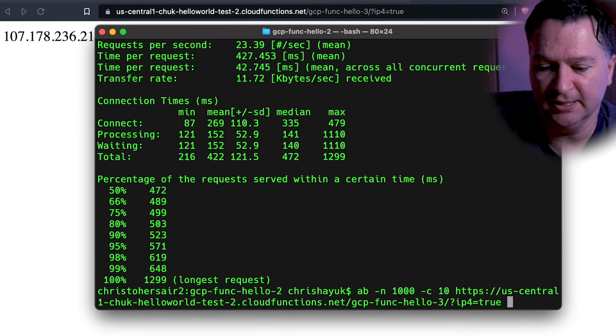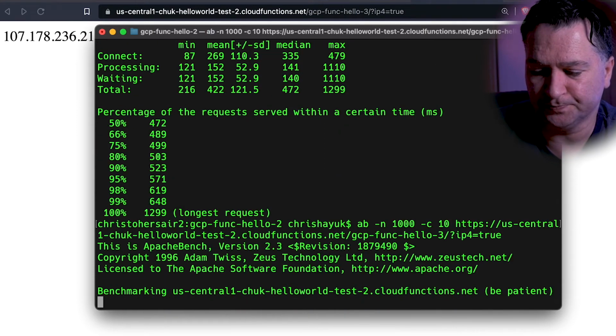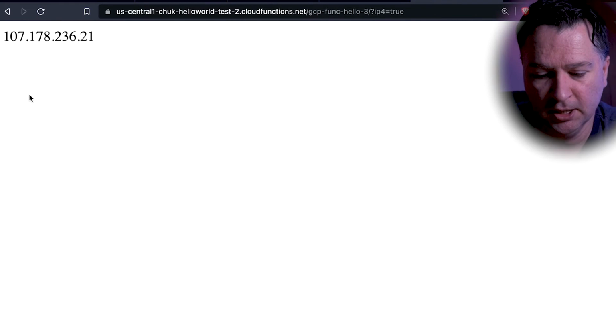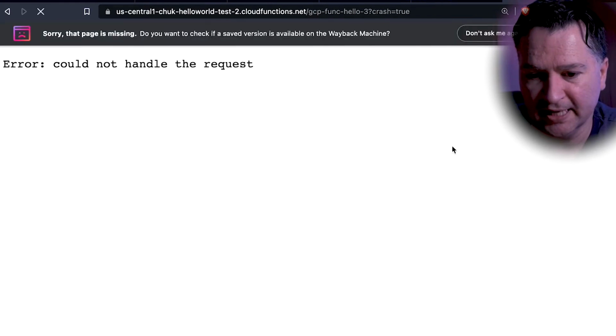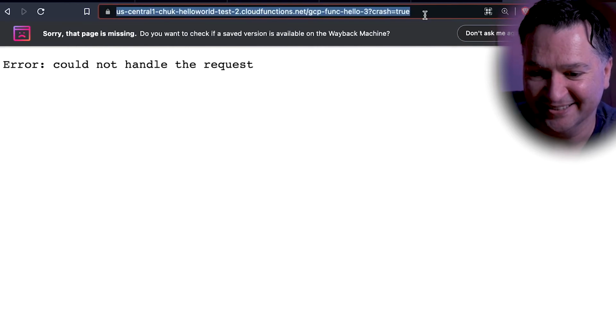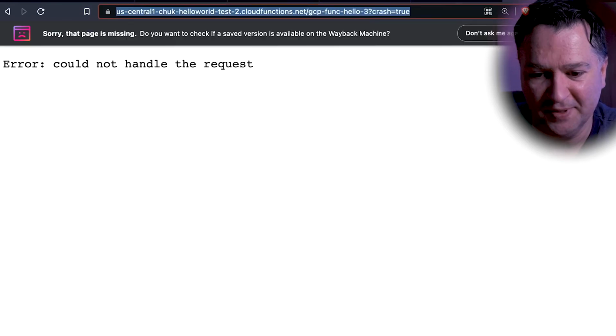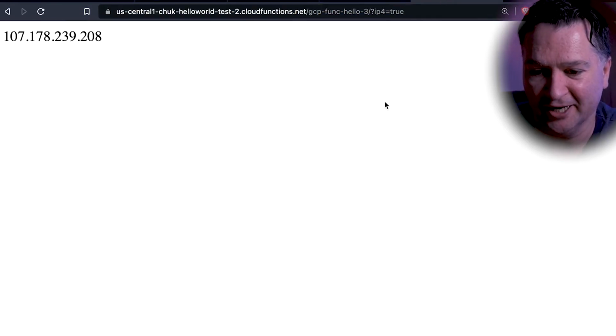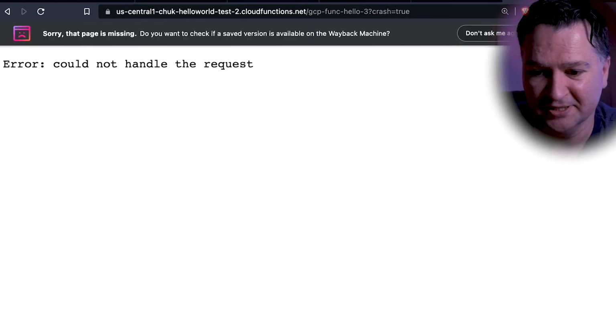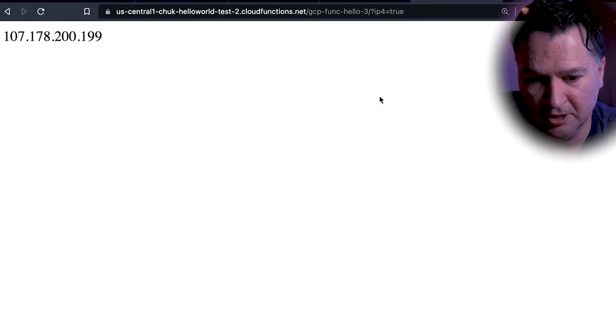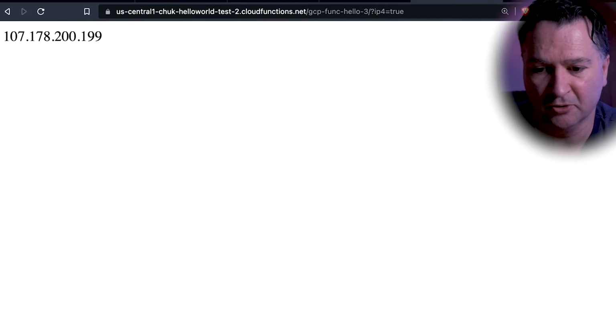So let's come back into this. We're going to run Apache bench. It's off running. You can see 21 is happening there, but let's start killing containers. Kill container. You see we've got a new IP address, 208, and I'm going to crash it again. 208, I obviously crashed the other one, so that's fine. Let me run the crash a few times. Crash, crash, crash, crash, crash. Refresh on 199, crash,